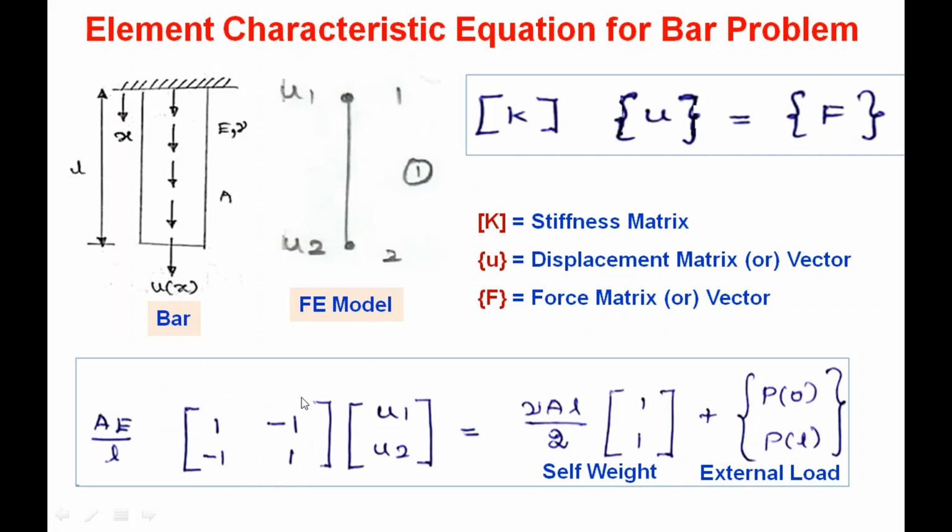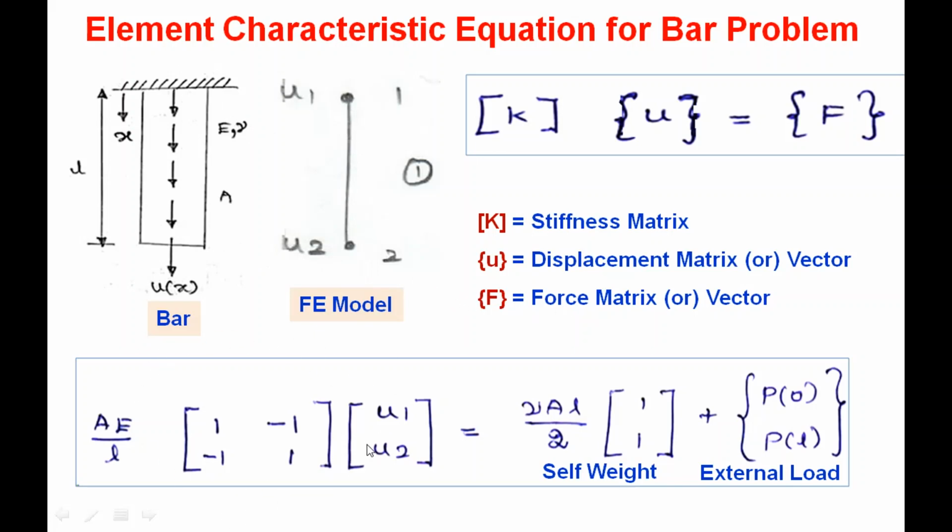Here, what is the size of the stiffness matrix? The stiffness matrix is a 2 by 2 matrix. It is a square, symmetrical and singular matrix that we already discussed. Then the size of the matrix also depends upon the total degrees of freedom of this element. So in this line element, we have only 2 degrees of freedom in total. That is why the stiffness matrix size is a 2 by 2 matrix.